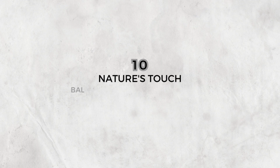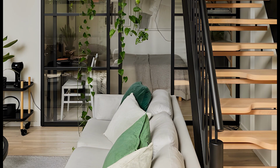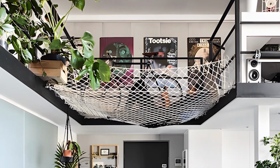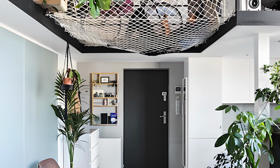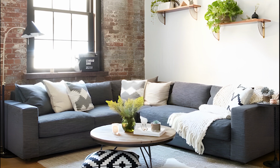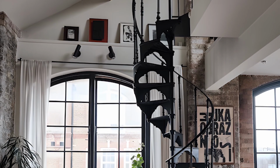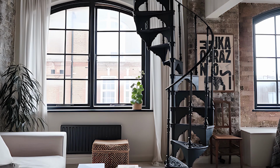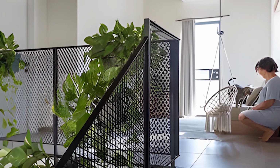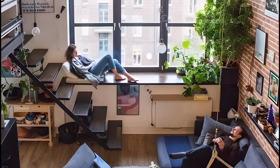Ten. Nature's touch, balancing the industrial with the organic. Soften the industrial feel by incorporating elements of nature. Lush greenery in planters adds a touch of life and vibrancy. A reclaimed wood coffee table with organic edges or a woven rug with a natural fiber texture brings a sense of balance and harmony. Consider hanging botanical prints on exposed brick walls or placing a wooden